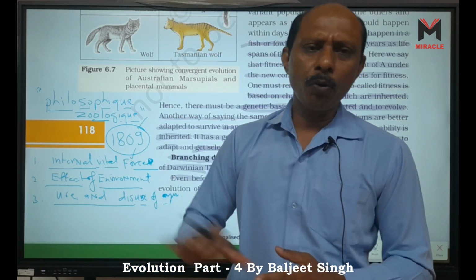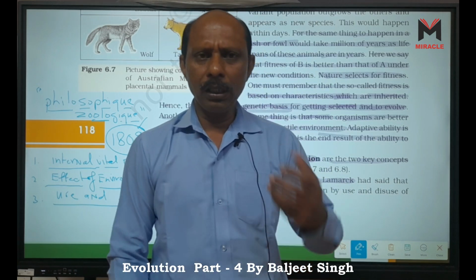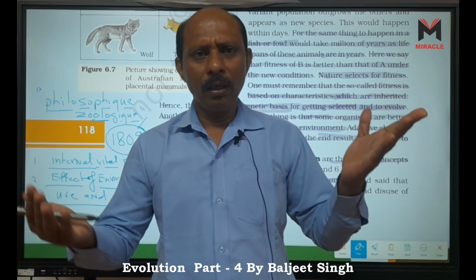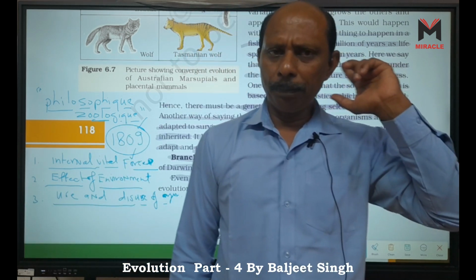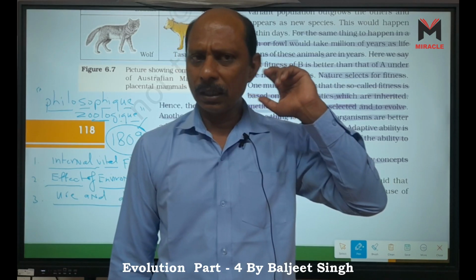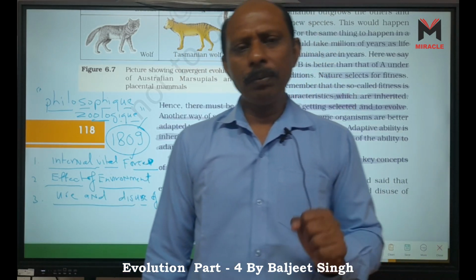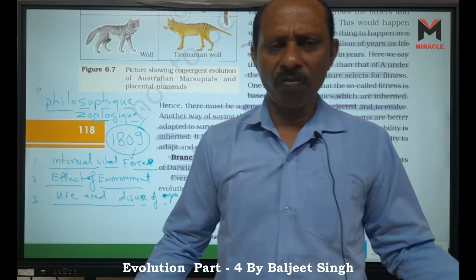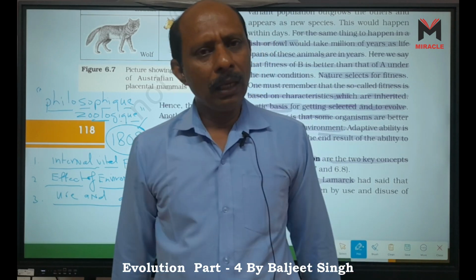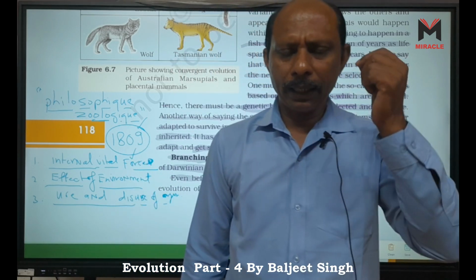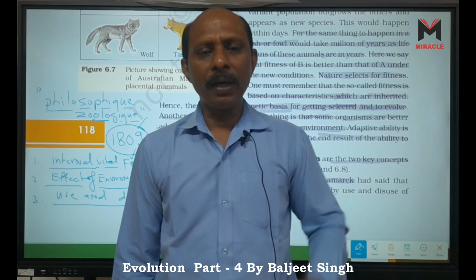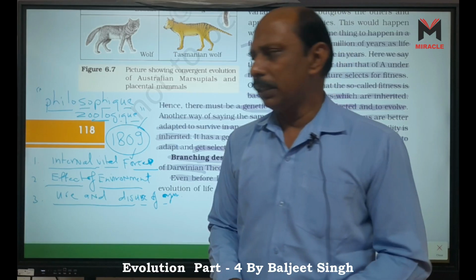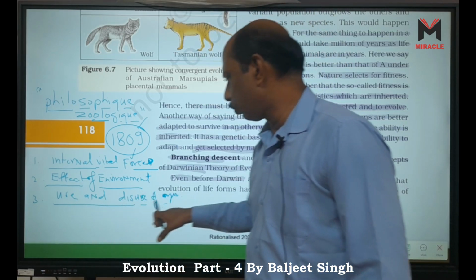And he also proved it. For example, in the human body, the ear pinna, we need not move our ears because we have hands. But in cows, the pinna muscles are active. Why are they active? They are not vestigial, but in our case they are vestigial because we have hands, we can swat away mosquitoes or flies, but they cannot, they use their ears. The second example is our nictitating membranes, wisdom teeth or canine teeth. Many vestigial organs are examples of use and disuse of organs.